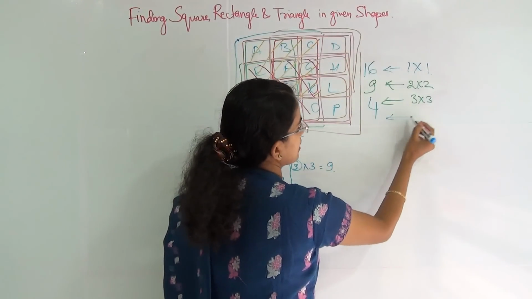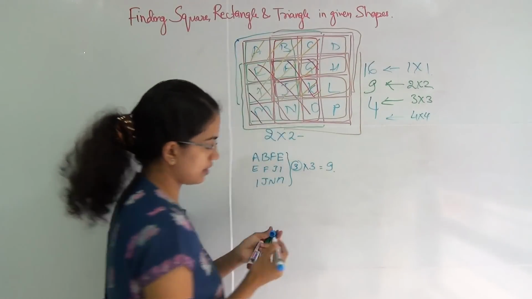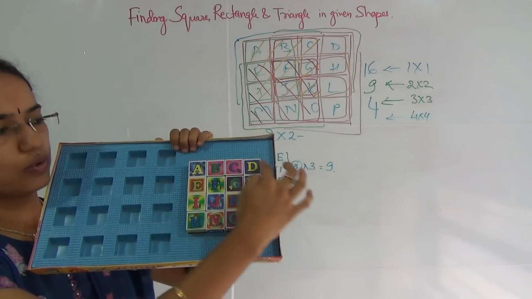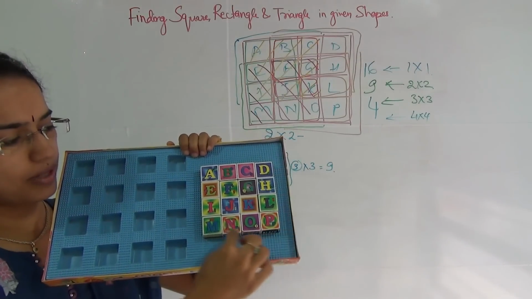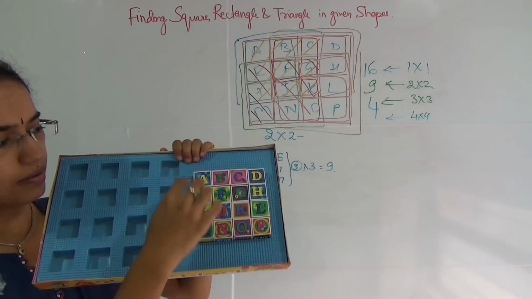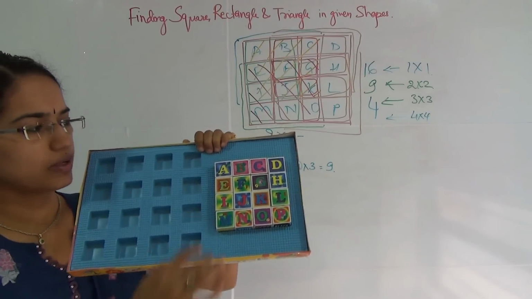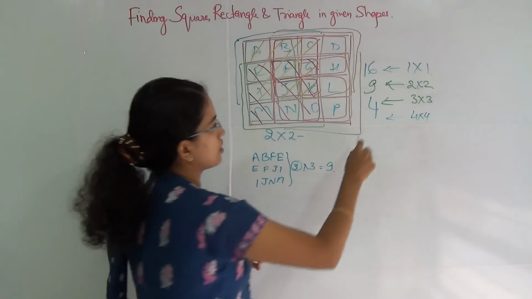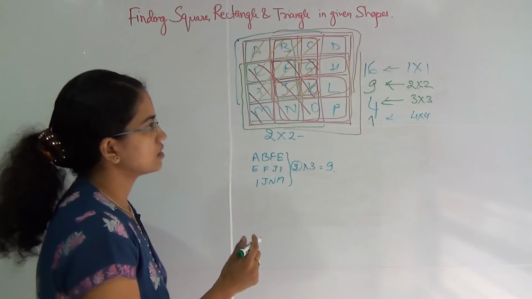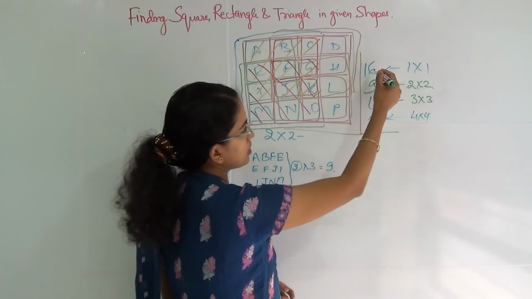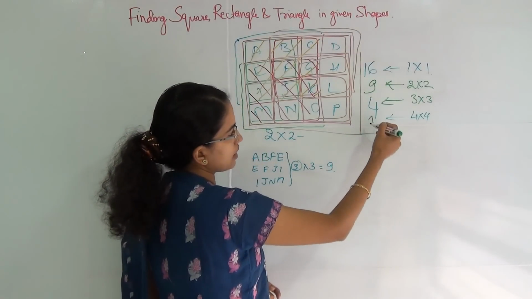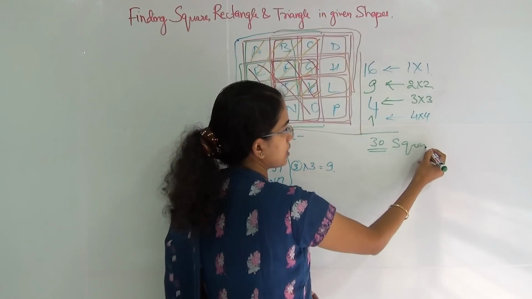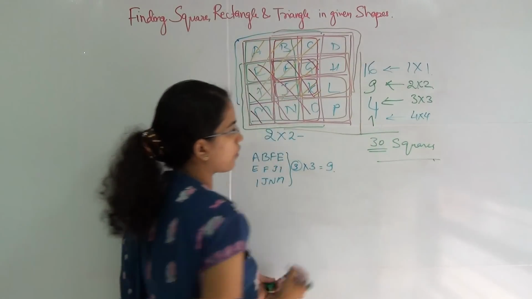And then you have finally 4 by 4. So how many 4 by 4? Obviously, if I am taking all the squares, the only unit that can be formed is starting from A, then D, P, M and back to A. So you have just one unit that can be formed by 4 by 4 squares. So you have a total of 16 plus 4, 20, 20 and 10, 30. So in this question we can say there are a total of 30 squares that can be formed.